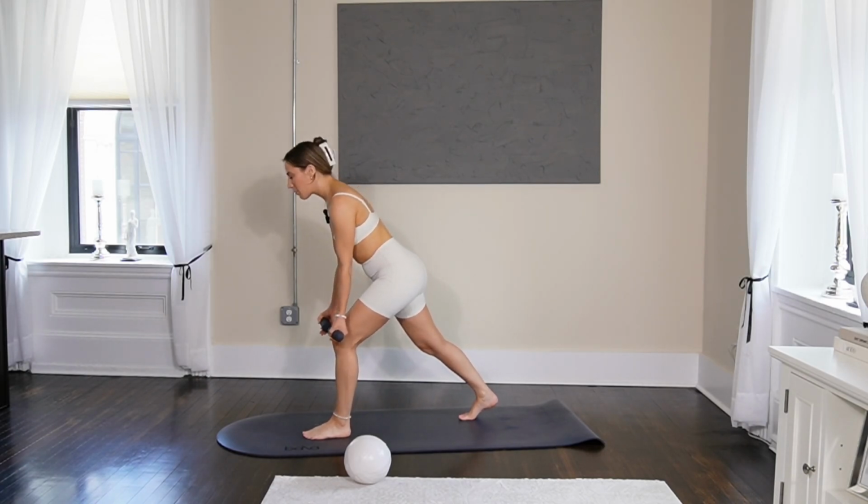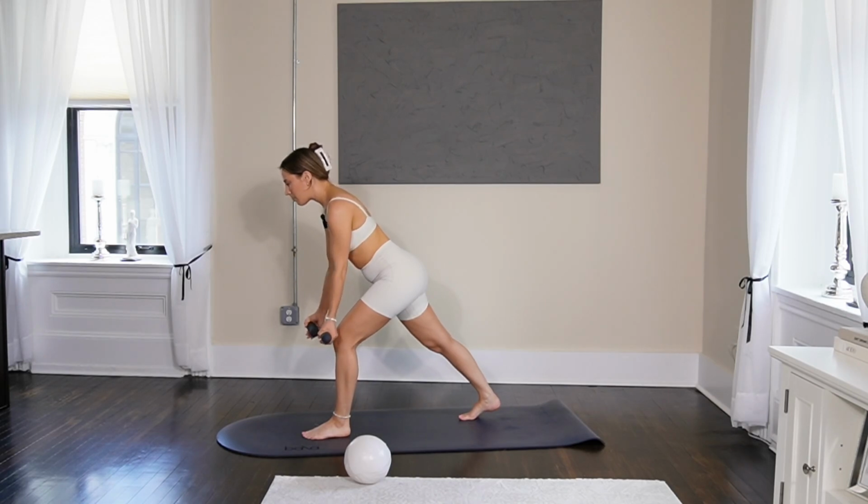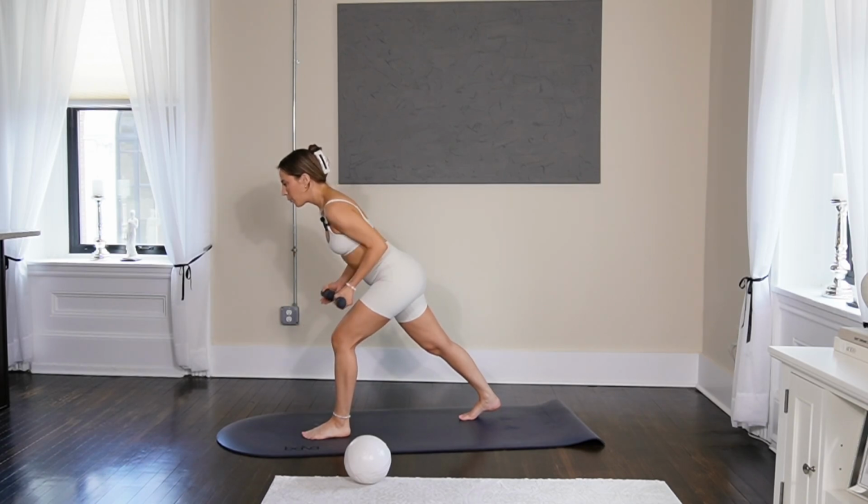All right, go ahead and row it back with those weights to those rib cages and then releasing it on out. Go ahead and row it on back and then release it on out. Good, row it back, release. Your left hip is pressing back. Your right hip is pressing forward. Okay, you have a slight bend in that back leg. Rowing it back, releasing it on out. Good, for 5, 4,